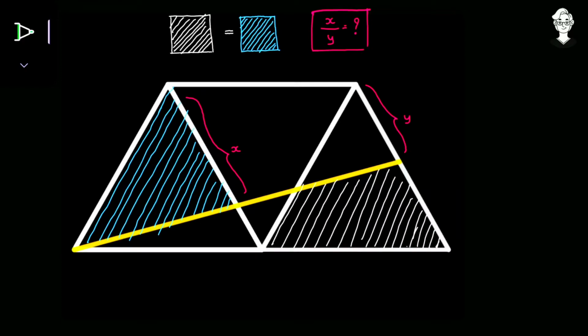So today we have a very beautiful geometrical question. All the beauty of this question is just because of the answer that we will obtain as the ratio of x upon y. So now let us discuss the given data. The given data is that there are three congruent equilateral triangles. They are arranged in the shape of a trapezoid, or we can say a trapezium.